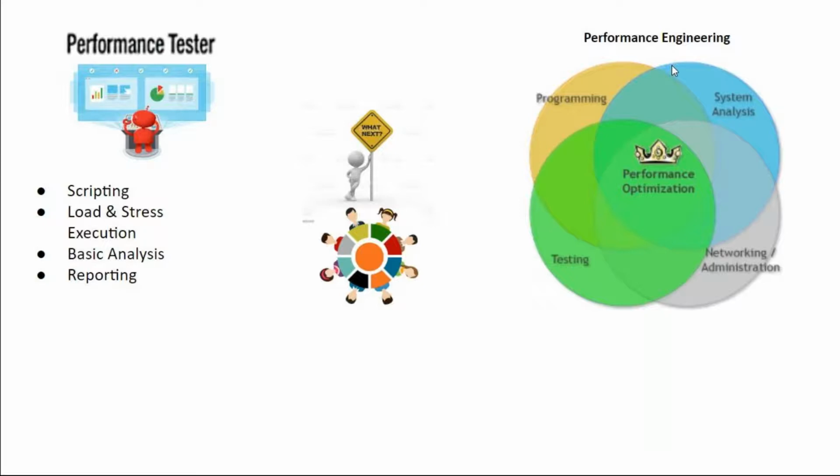Networking administration means you should be able to go and set up your own machines, configure the tools, and troubleshoot some of the network problems. That kind of administration, right? You are going to be part of the DevOps team. When I say DevOps team, a small team where developers will be there, a QA person will be there, a performance engineer will be there. You're supposed to do all these things by yourself: deployment, setting up your machines, installing the tools, all these kinds of administrative work. You might have to know it for sure. So that is where a little bit of networking administration will help.